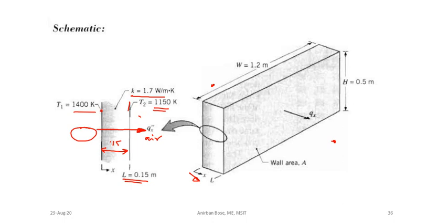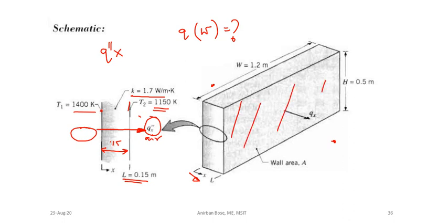So now the problem is you have to find out what is the heat flux that is coming out, or rather the specific question is the rate at which the heat is transferring. So you have to find out what is this Q, and your answer will be in watt. So you have to find out the heat loss. If you can find out the heat flux, then definitely if you multiply that heat flux with the whole area, you will get the Q.